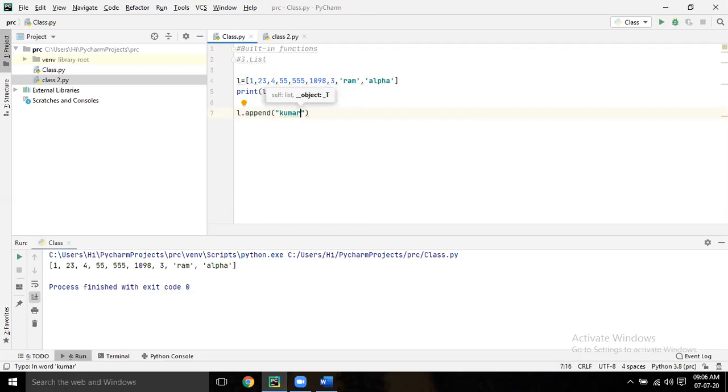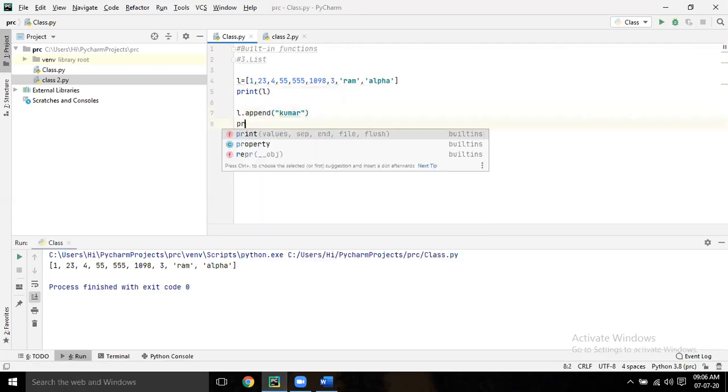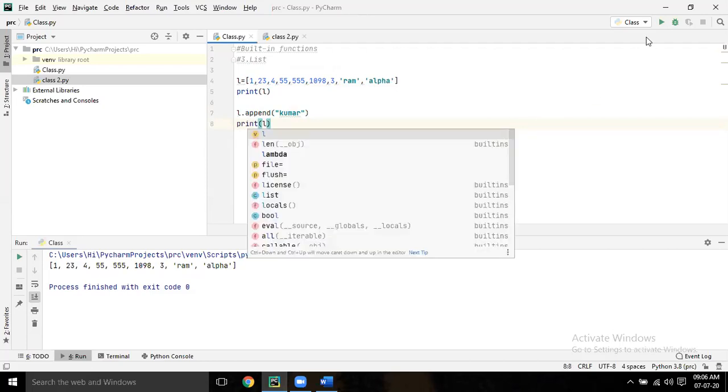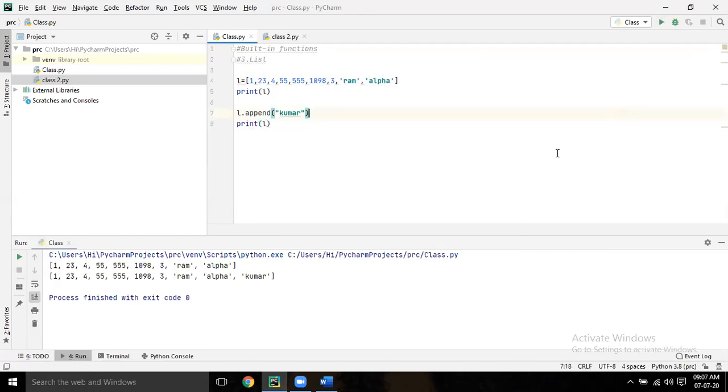Run it. After that, print L. Run it. Is it added? Yes. Perfect. So like that, if you want to add, you can add one by one here. That is nothing but your append.